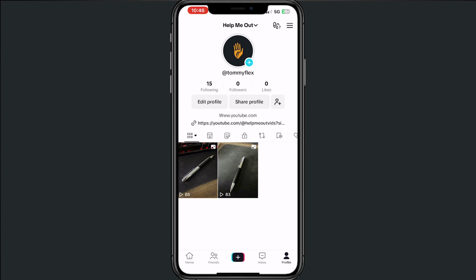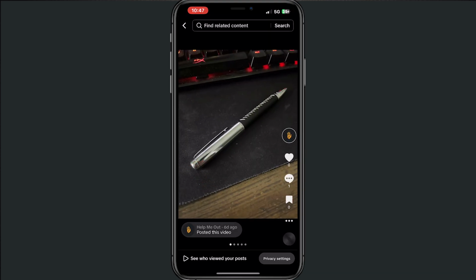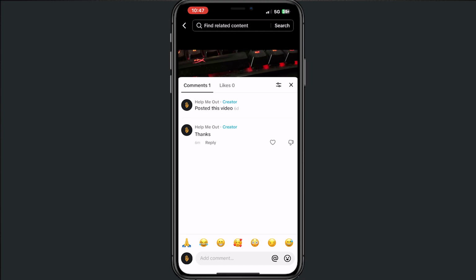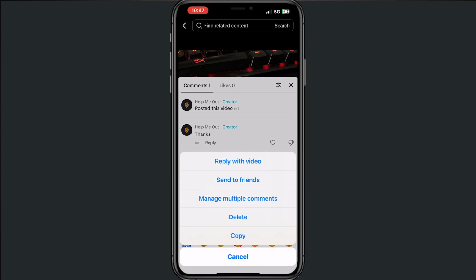And for that you need to go to your video or your pictures, go to comments, and there's the comment that I just placed. Hold that comment, and from here you will see that there's no option to pin the comment from here. Alright, now we want to do the following thing. If you go back,